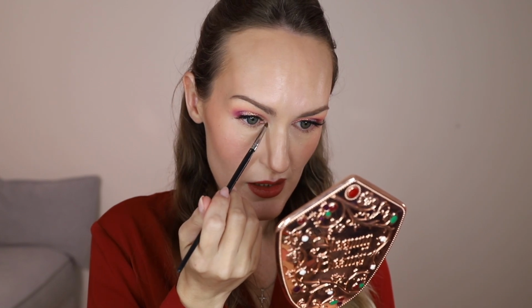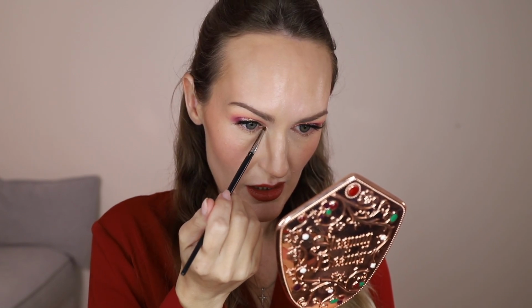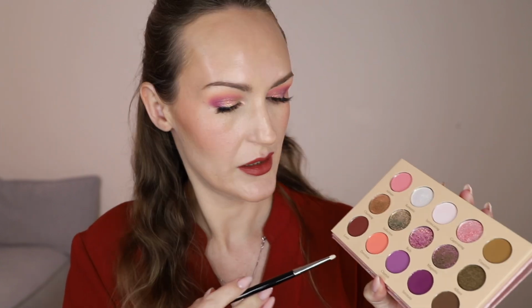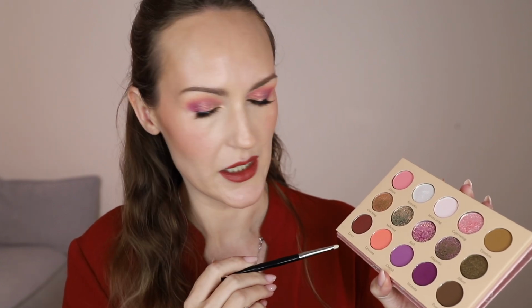Okay. So Romantic has a soft sort of peachy pink reflect, but it's a greeny gold on this angle. So again, it's a duochrome, multi-chrome, possibly duochrome. Doesn't matter, it's gorgeous and it's going on my eyes. I'm just gonna pop this a little bit on the inner corner. I'm gonna go back in with Devotion and,